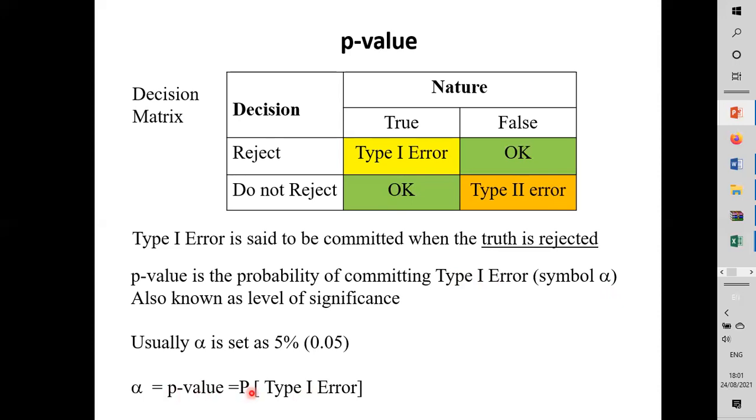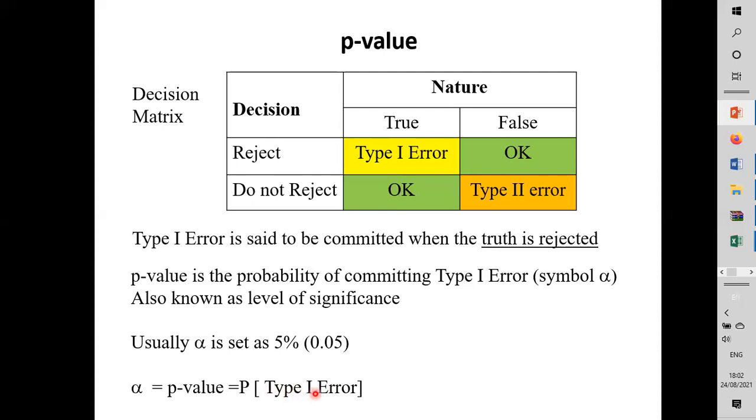Probability. What's the range for a probability value? The range is between 0 and 1. 0 means what? Not possible, won't happen at all. 1 means confirmed, will definitely happen. So we know this p-value will range from 0 to 1. This p-value is the type 1 error, right? Bigger the better, or smaller the better?